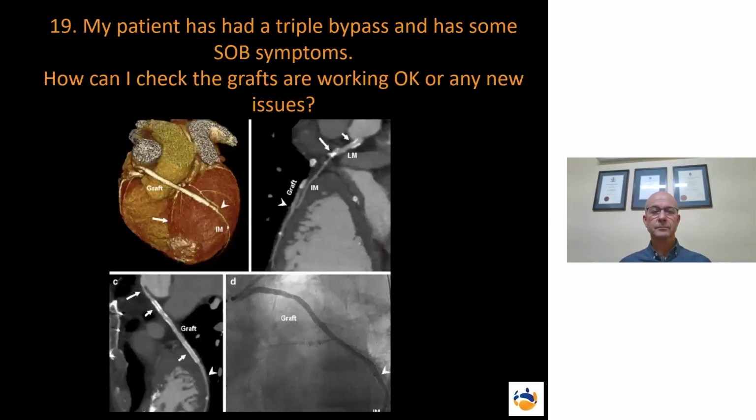Okay, so next question. My patient's had a triple bypass, has some symptoms. How can I check the grafts? So I've shown you some images here of the grafts on a 3D image. You can see the graft. This is a catheter angiogram. Here's a graft which has got 2 patent stents in it, and here's the stent coming in at the anastomosis. This is the left main, which has a patent stent. So just to answer the question,